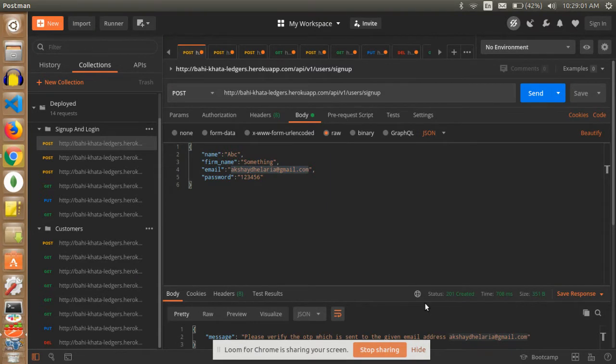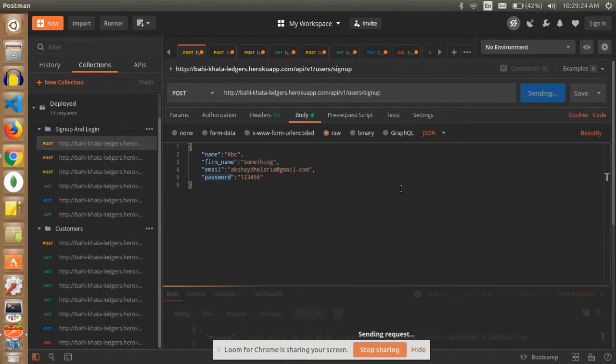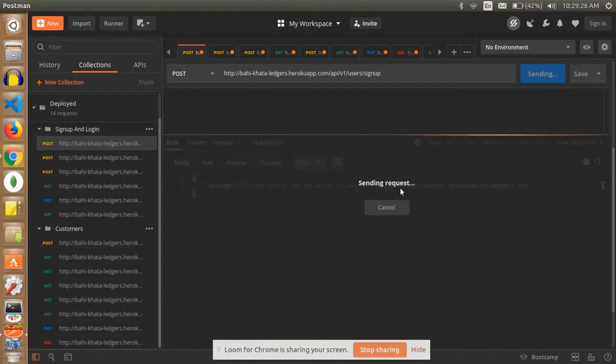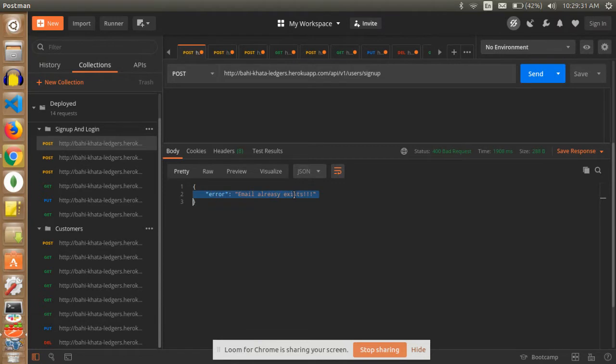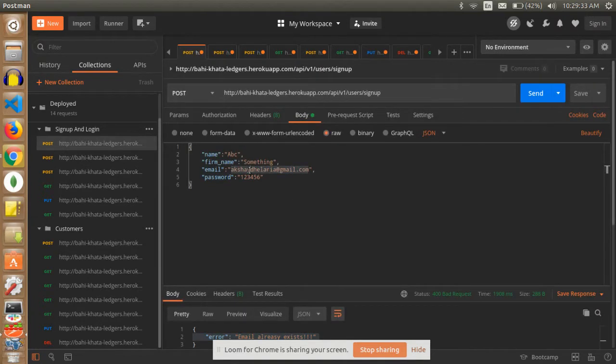Coming to the demo part, initially the user will go through the sign up part. In the sign up, the user has to give the name, firm name, email, and the password. The email should be unique. For example, I have given an email which already exists, so it will throw the error: email already exist. So if I change the email,